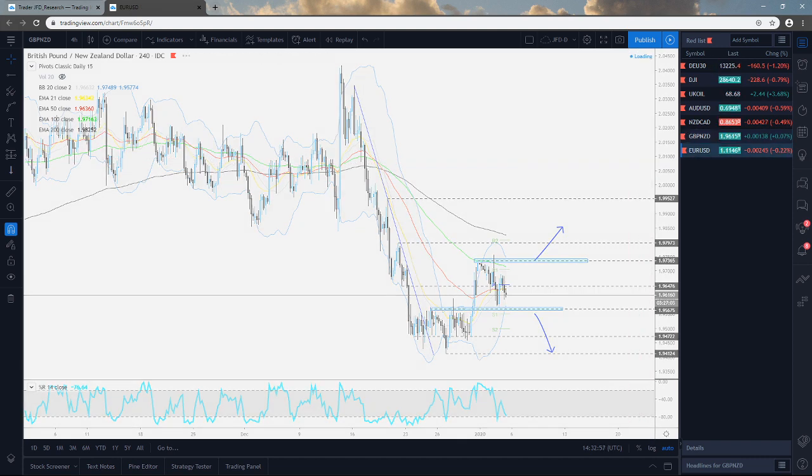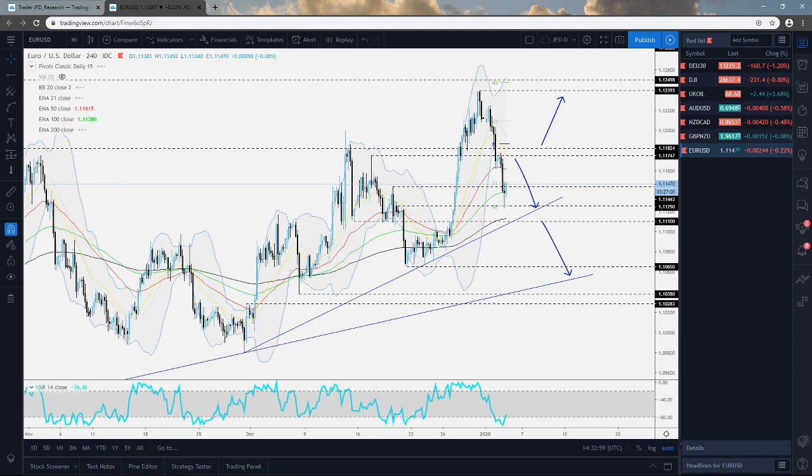And the last pair for this session is going to be the euro dollar. Now, I talked about this one this morning as well, and given the fact that we managed to drop and close a daily candle below the 1.1175, this is what I was saying, that it may lead the pair further down to test the 1.1125 zone, which we've managed to do perfectly today, from which it rebounded